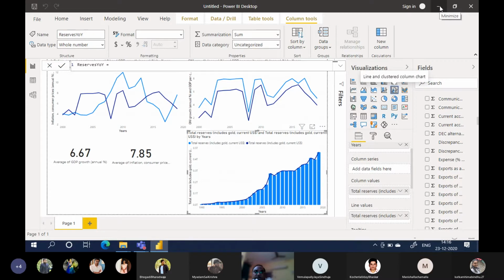Just check on the internet how we summarize. It's showing as sum. We don't want average, so we want uncategorized. Postal code, barcode we don't want. It must be whole number. So how to calculate year-on-year growth? Just check if you can find the formula on the internet, please. I'm also checking. This is the formula button. We have to insert the formula here.